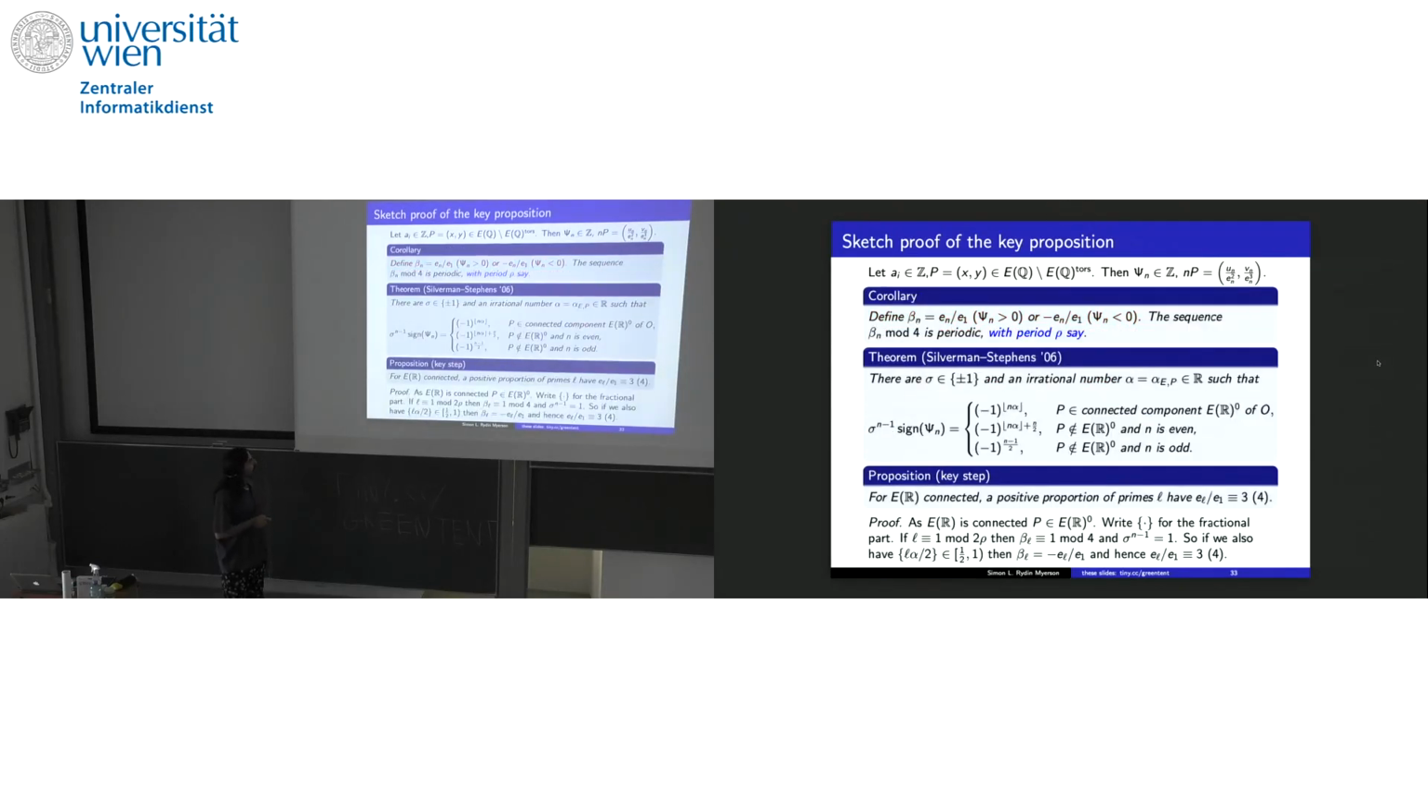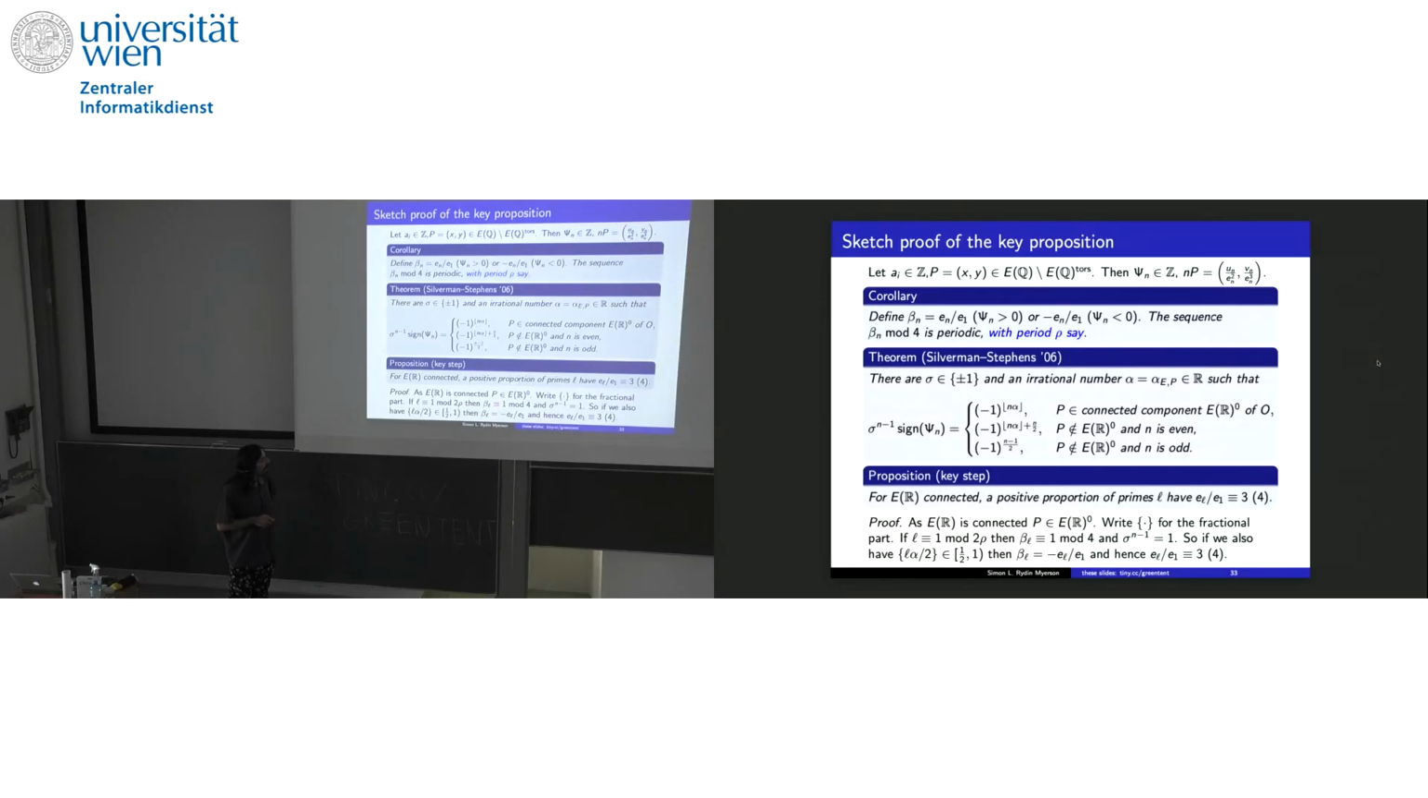Okay, so here's the proposition that we want to prove again, and here's what I was saying before. Let the period of beta n mod 4 be rho, and let alpha be this thing from the first case of Silverman-Stevens. Because E(R) is connected, we're in this first case. We introduce notation for the fractional part of a real number. So if we then ask for primes which are congruent to 1 mod 2 rho, I mean, rho is often even, so I don't really need that, but okay. L is congruent to 1 mod 2 rho,